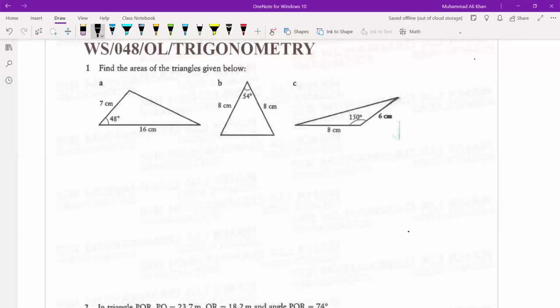Okay, students, now worksheet number 48. This worksheet is about the area of a triangle. If we have a triangle here,